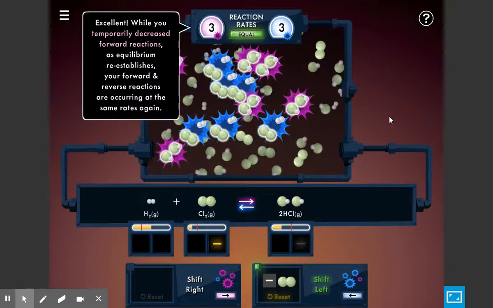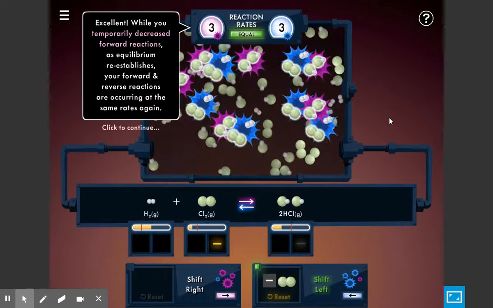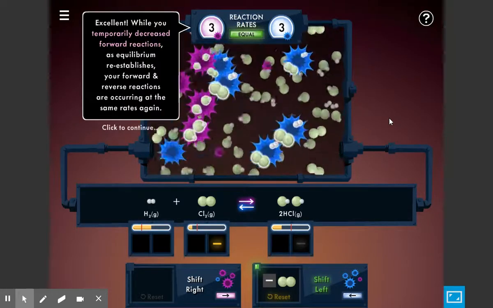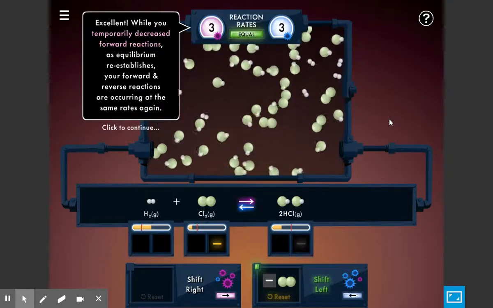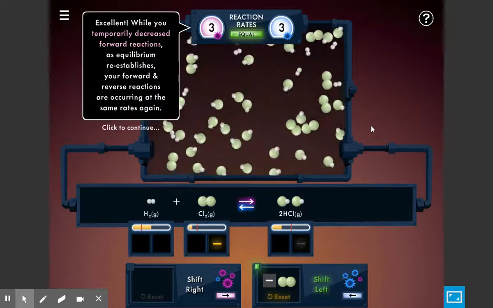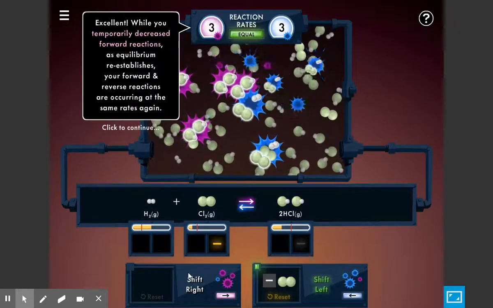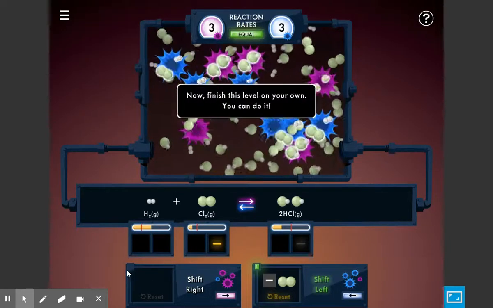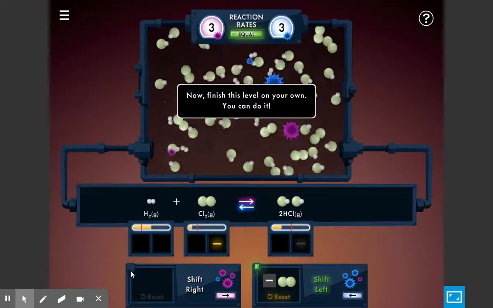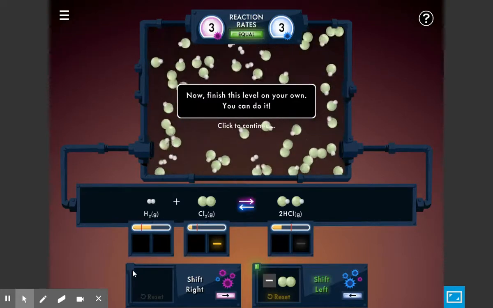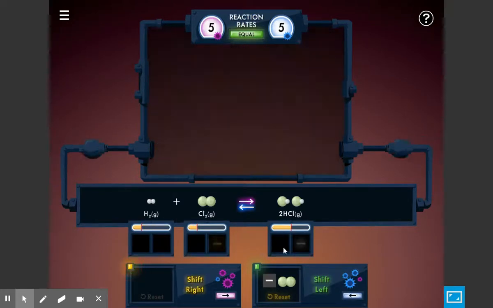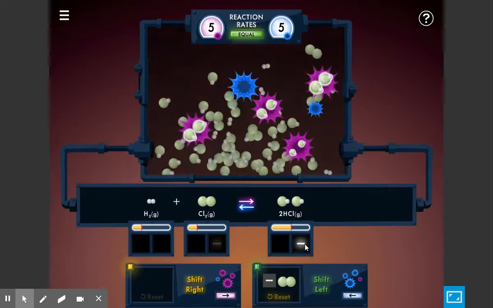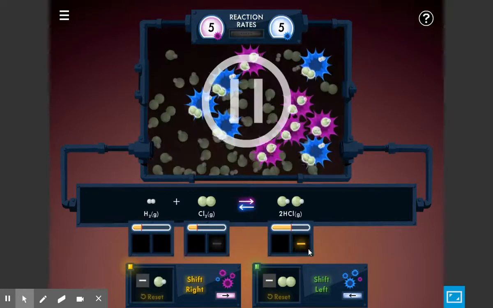Now we are back at equilibrium. So removing, again, shifts towards the side where we removed the particles so we can replace what was lost. If we were to remove something from the product side, we would see the same effect. It would shift to replace the products we removed. So let's go ahead and check that out. We're back at equilibrium. If I want to remove products,